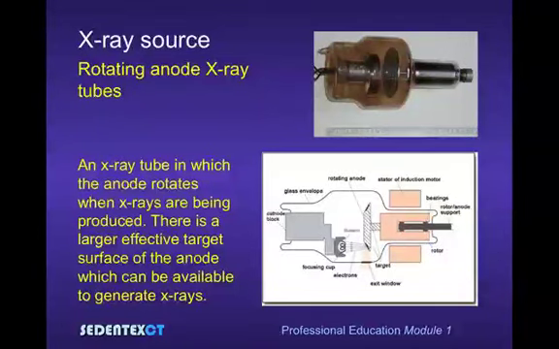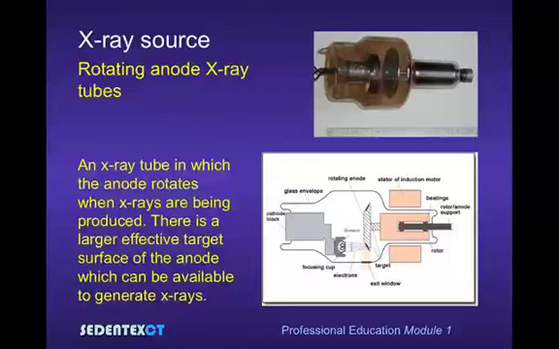An alternative X-ray tube source is a rotating anode X-ray tube. This is used in larger pieces of X-ray equipment, typically used in medical radiology. As we will see later on in this module, at least one cone beam CT machine uses a rotating anode source, and it is perfectly possible that in the next few years more cone beam CT machines will use such a source of X-rays, so we are including it here for completeness' sake. The main difference between this rotating anode tube and a fixed anode tube, such as we saw on the previous slides,